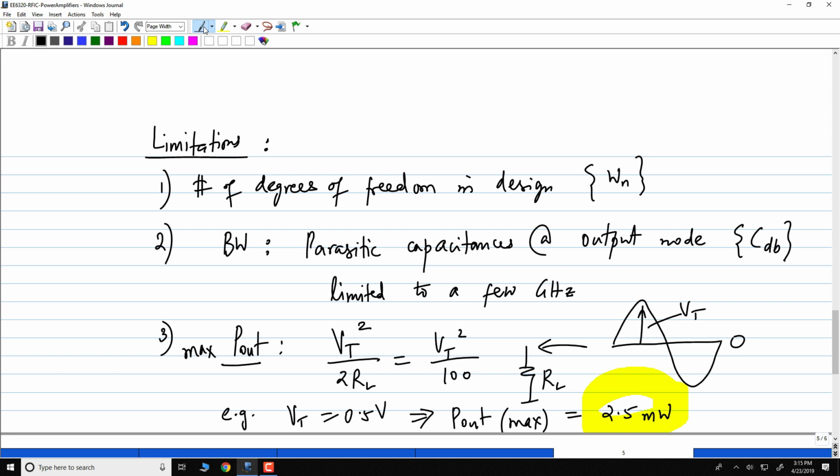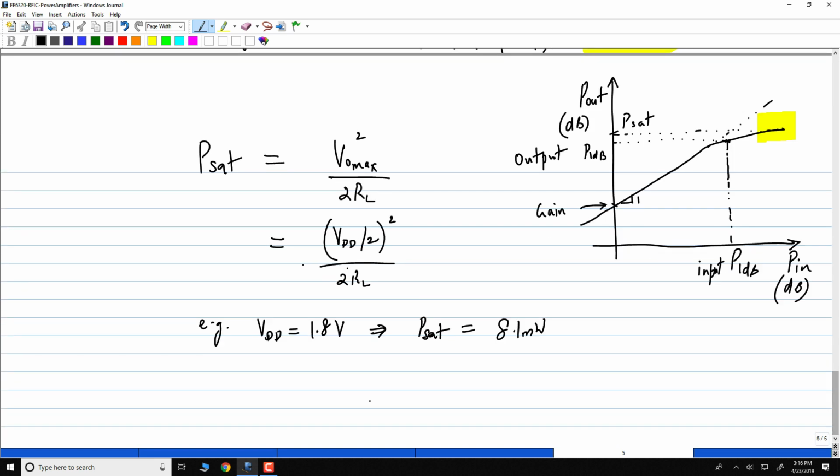What is the maximum output power from this circuit? It is VT squared over 2RL. Can you change the VT of the device? You cannot. Can you change RL? You can't, because it's 50 ohms. However, what you can change is the effective resistance seen by the PA. You cannot change the final RL, you cannot change 50 ohms. What you can change is the impedance seen by the PA. So the next stage of this circuit, the next stage of any PA circuit for that matter,